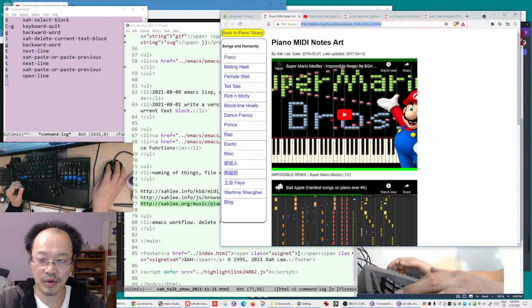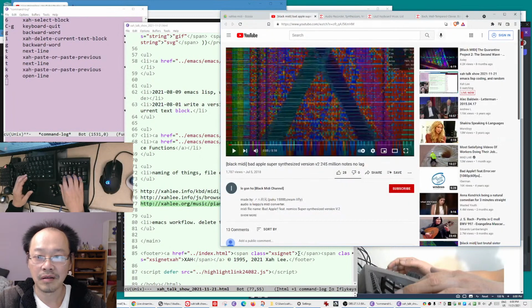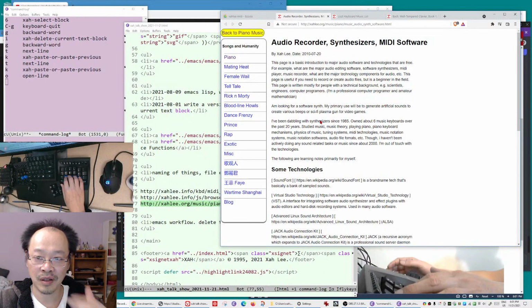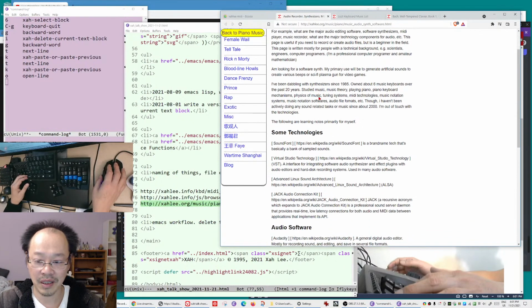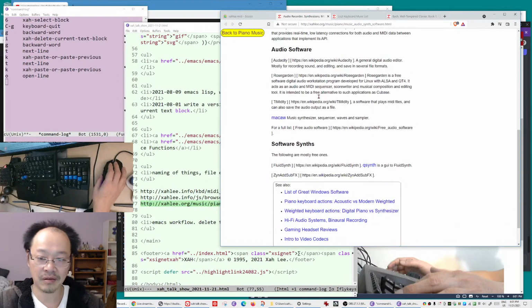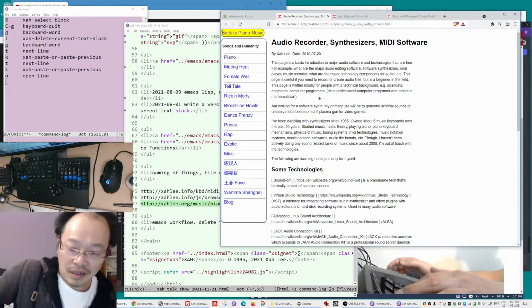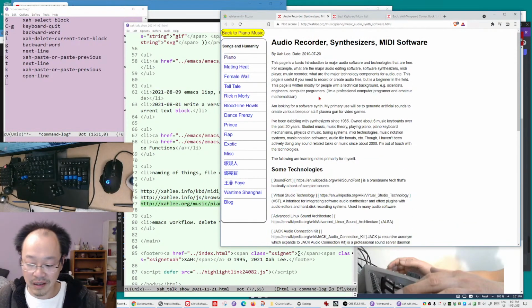This is Mario Brothers, fascinating. And this is amazing. Audio recorder, synthesizers, MIDI software. Now this I wrote 10 years ago. It's outdated. I wrote this article because starting about 10 or 20 years ago,